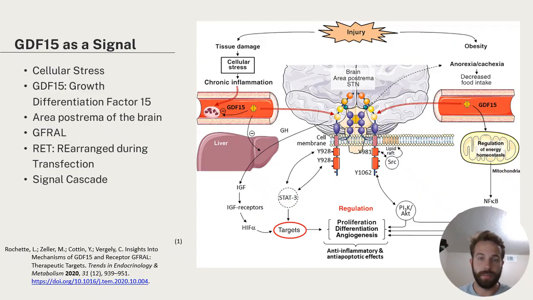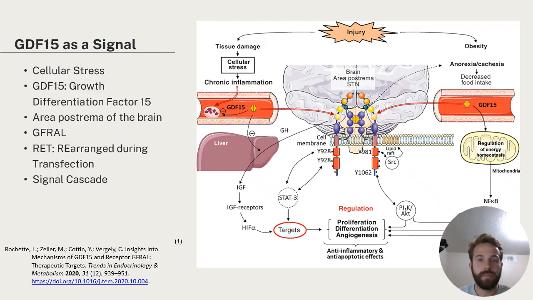It's a protein that is produced as the result of an injury within the body, or something that causes cellular stress. This can be tissue damage on the body. It can also be something such as obesity, anything that really causes cellular stress in the body. That's this response. So once this cellular stress is recognized within the cells, it produces GDF15 and sends it out